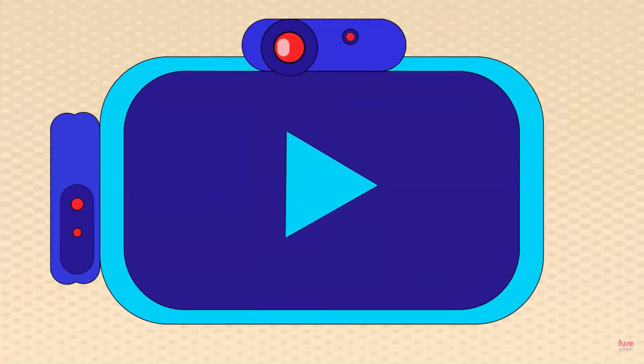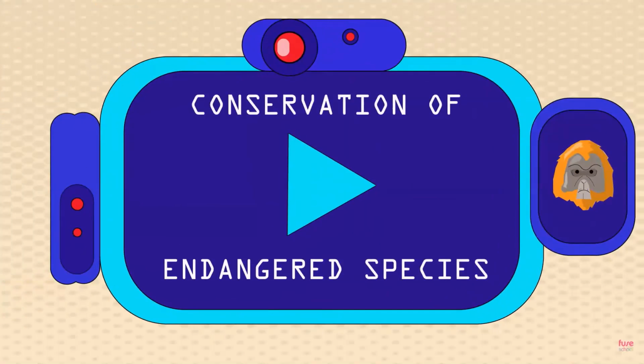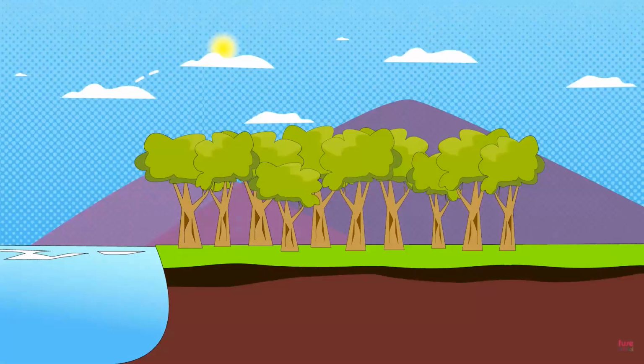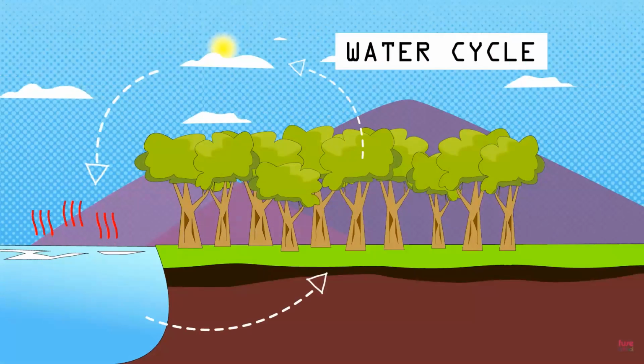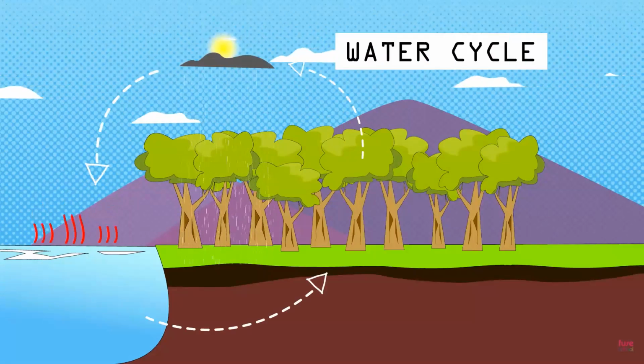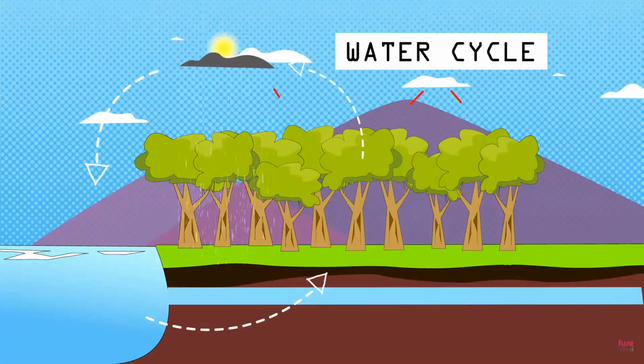You can find out more about endangered species and how conservation is helping them by watching this video. Forests provide services to the planet. They are important in the water cycle, recycling fresh water across the globe. Trees are